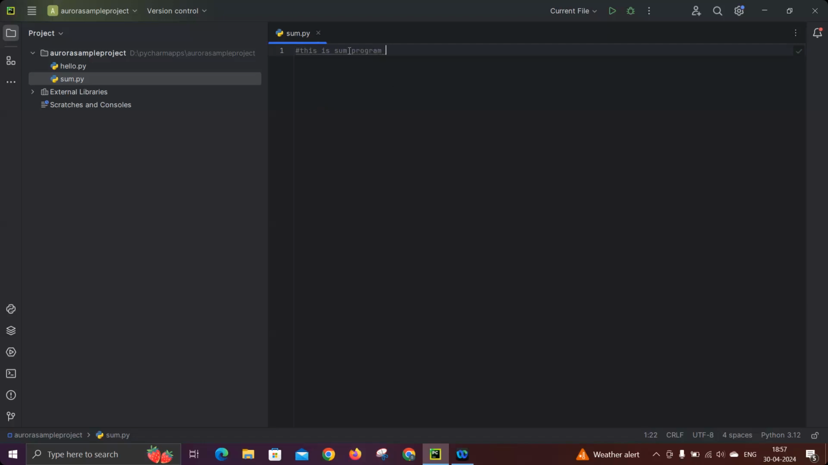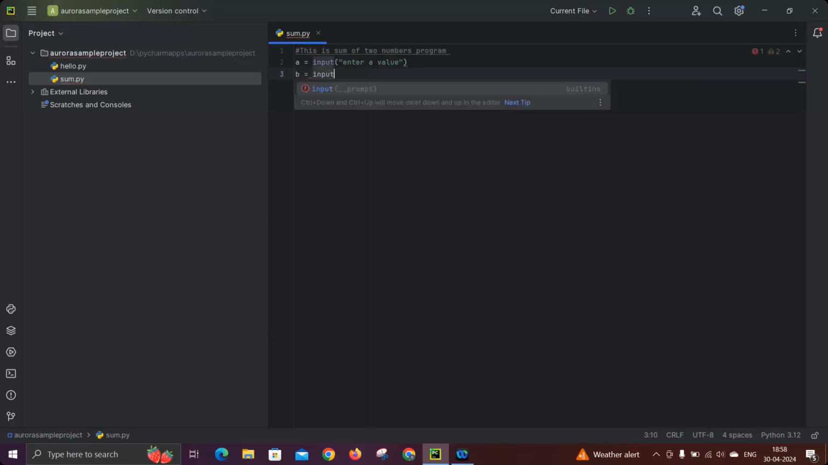This is sum of two numbers. If you observe, whatever I have written is called a comment. Why? Because it is a hidden part, it won't be executed. Now I want to read two values from the keyboard. So a equal to input of "enter a value", and similarly we can take b is equal to input of